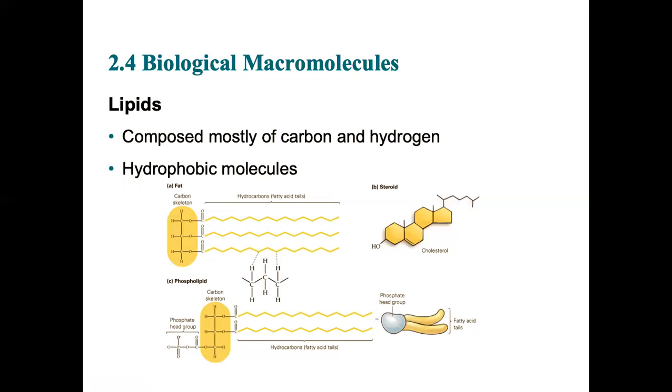It's called a phospholipid. And so it has these same long chains, or these two long chains represented here, like a fat. A fat would be called a triglyceride. This is a fatty acid chain, and it's connected to a glycerol backbone. So you get 3 for triglyceride. That's a fat. A phospholipid has 2 fatty acid chains, and instead of being attached to a glycerol head, it's attached to what we call a phosphate head.